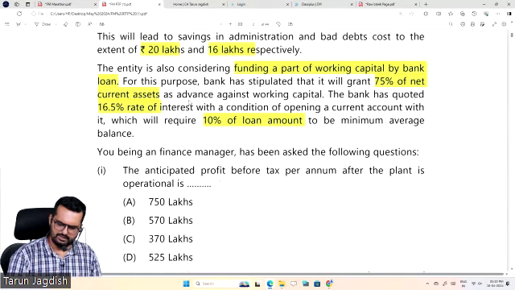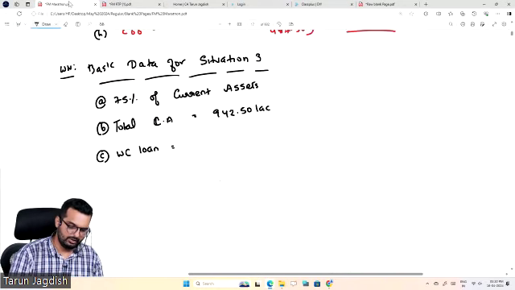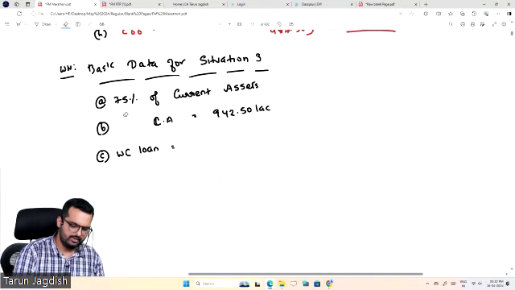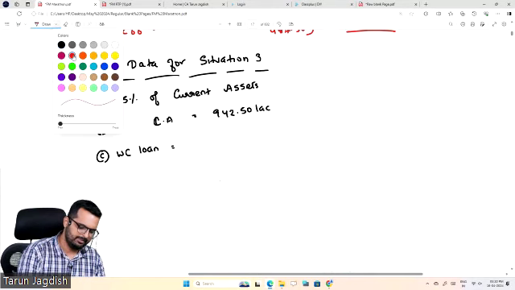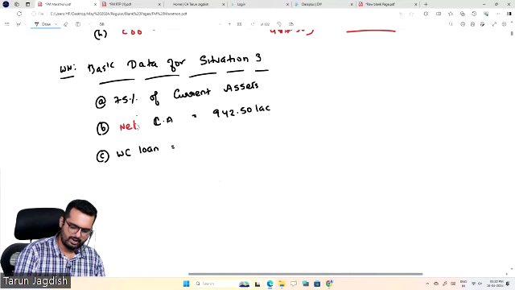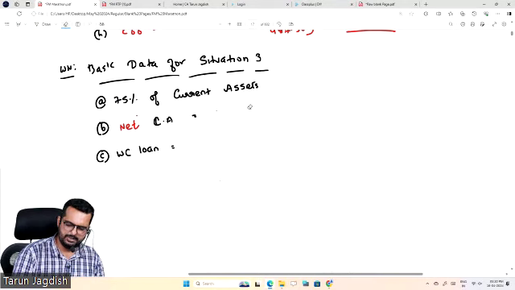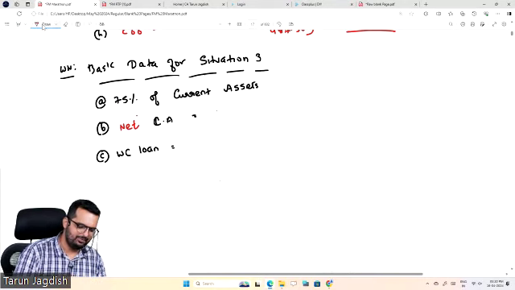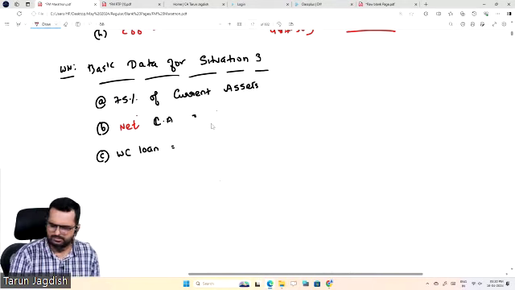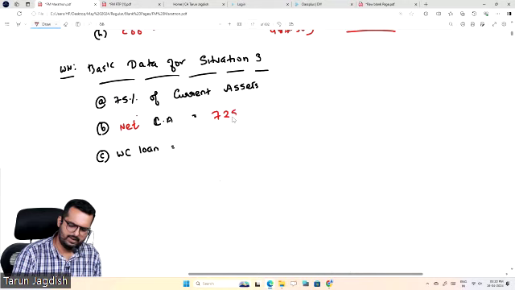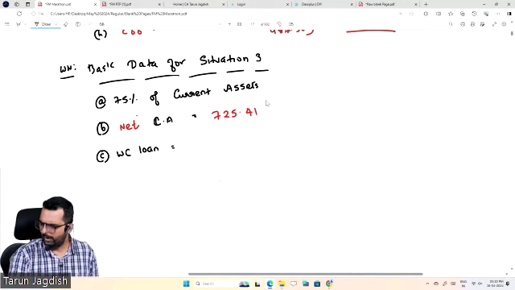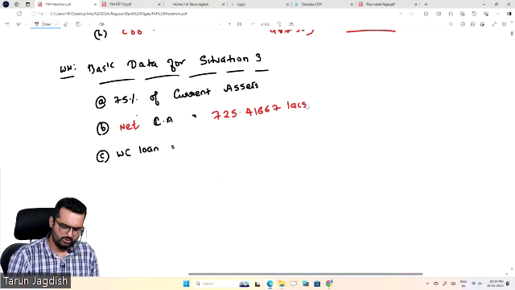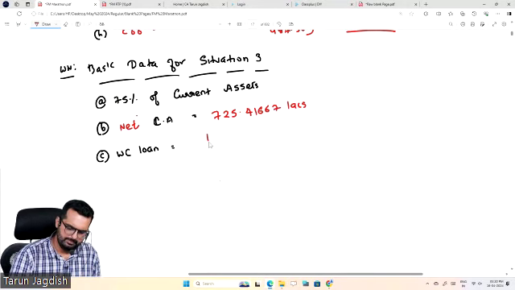Have they told total current assets or net current assets? Sorry, friends, not total current assets. The word is net current assets. One word can make your life miserable. Okay. Now tell me, friends, how much is the net current asset that you have? 725.41667 lakhs. Okay, so here it will be B into